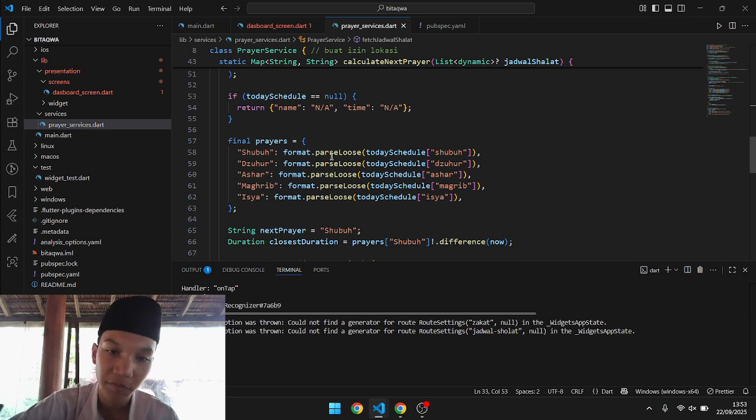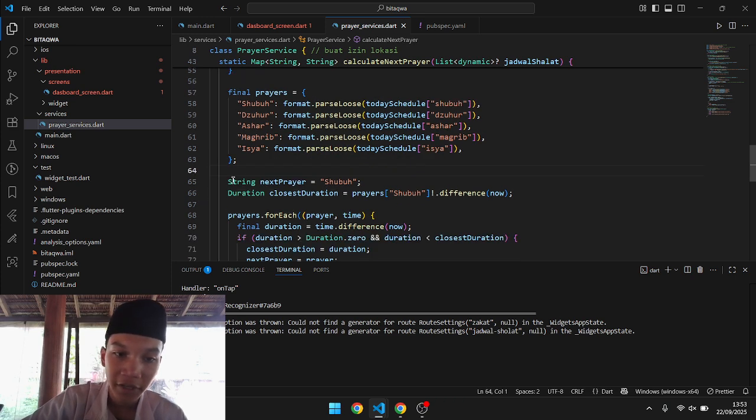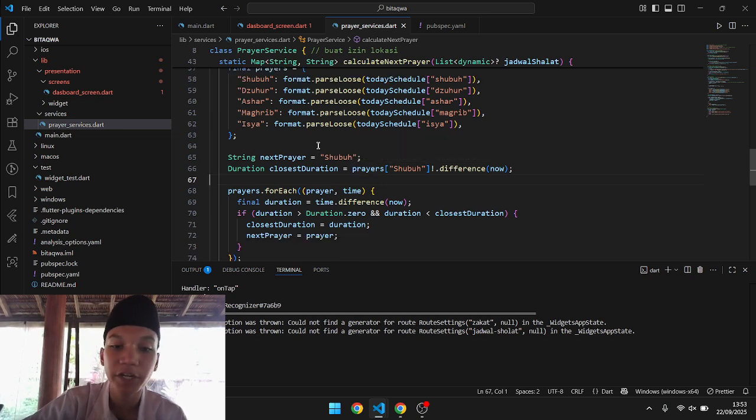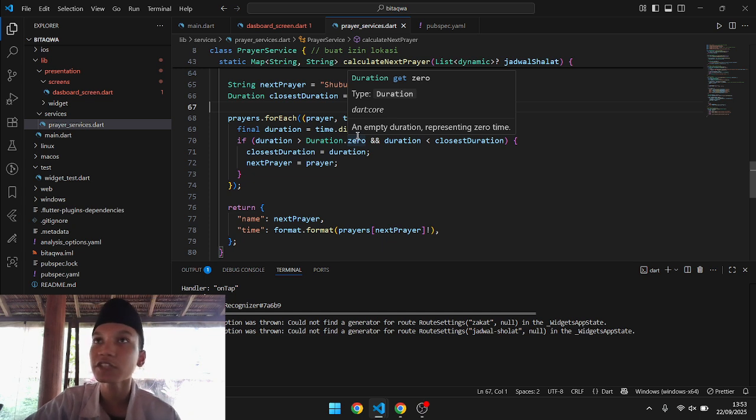And the final play is subuh, format parse loose. Today's schedule subuh, basically subuh, zuhur, asar, maghrib, isha. So it will format parse loose. And a string for the next prayer is subuh, and duration will be duration, subuh, and the difference from now. Tell the difference for each prayer and time, final duration, time difference. If duration is bigger than Duration.zero and duration is smaller than closest duration, closest duration becomes duration and the next prayer becomes the prayer. So it's basically the counting for the time, like when is the next one. Yeah. And return